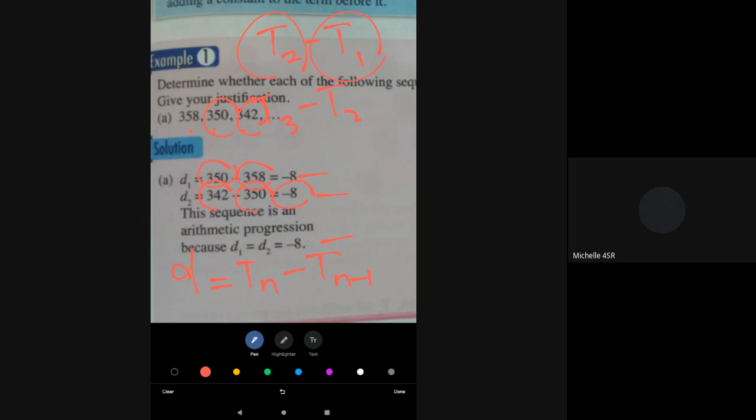Okay, to find D. This is the first formula in arithmetic progression. So next,